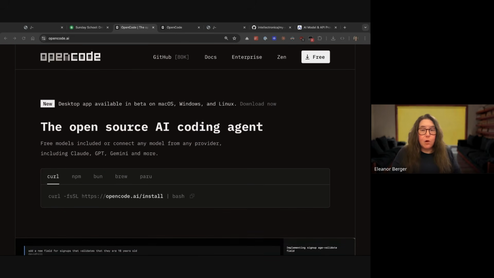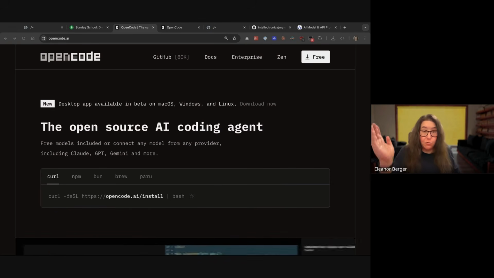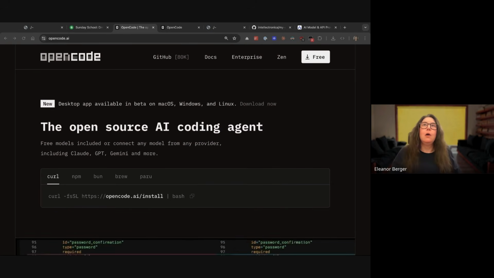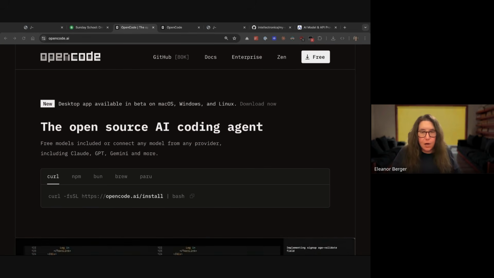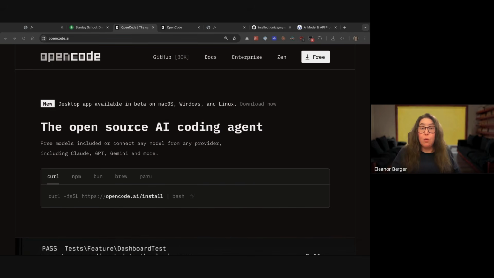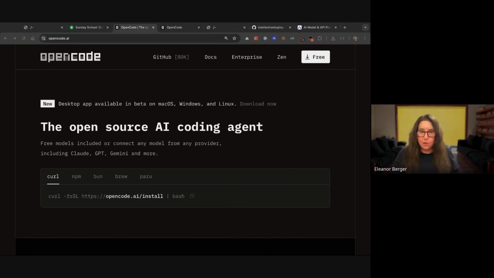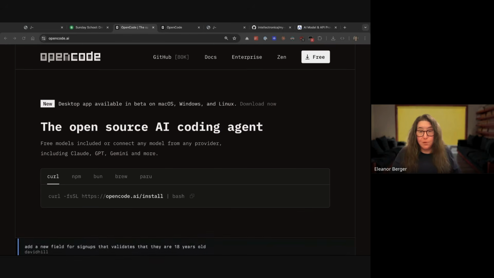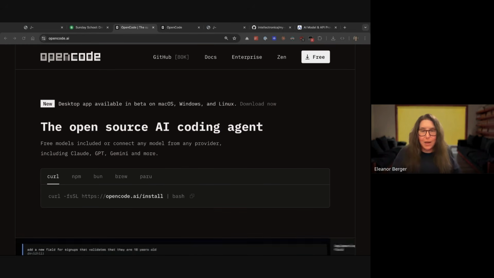I'm using it from OpenCode's own Zen provider, where they have an optimized version of this model running in the United States. But there are many others. You can connect it to anything you want. You can connect it to your OpenAI subscription and use Codex. You can connect it to OpenRouter and use one of many different models. If you have a massive machine, you can run the models locally. So lots and lots of different options,